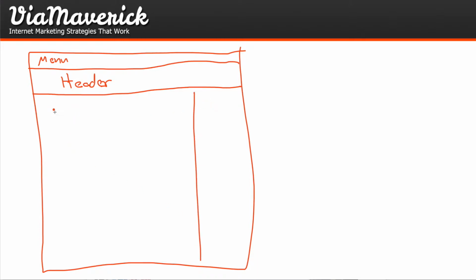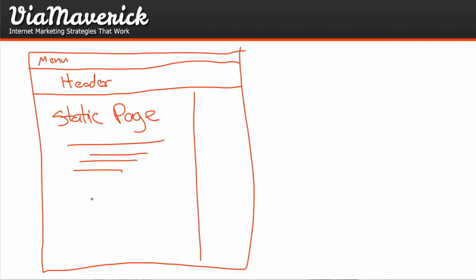And then now this right here is going to be just a whole page of content, right? And this is a page, right? This is what's going to be called a static page. And again, I just showed you how to do that. You go to your settings, general, and then reading. So that's it, static page. This is all just going to be valuable content. Boom, boom, boom. And then as far as monetizing it goes, I'm being an affiliate for Regal Assets,